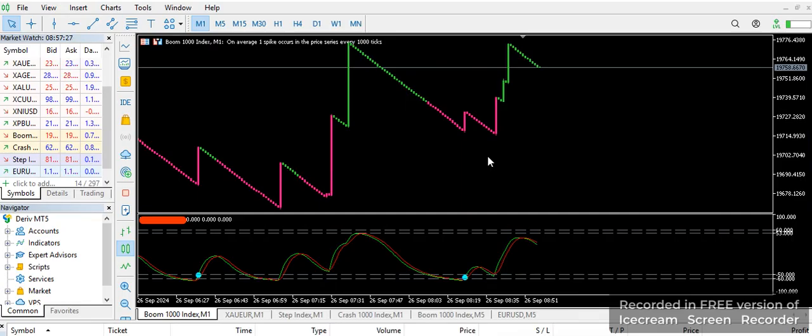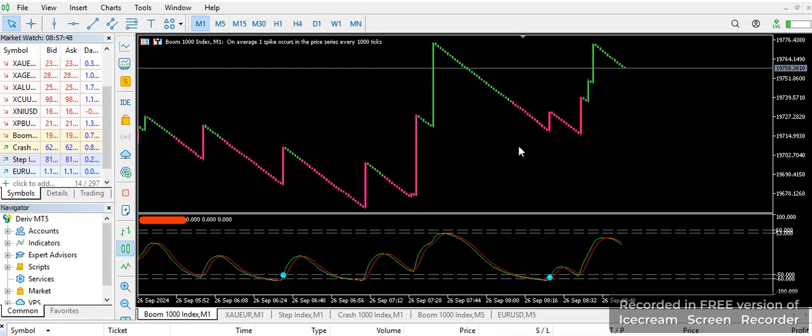You see, this indicator works on all MT5 pairs, including the synthetics, which are Boom and Crash, Step Index, and it also works on all currency pairs on MT5 guys. So you can use this indicator to catch a spike, and you can use it to scalp the market as you like. So what you just need to do is to wait for this indicator to release its signal at this level here. You can see here that we have